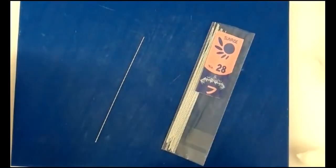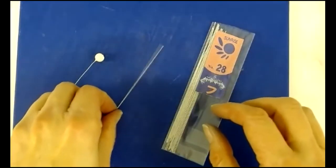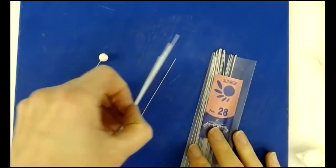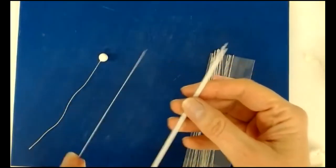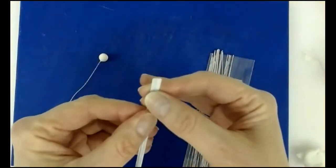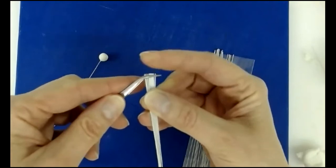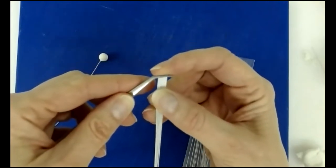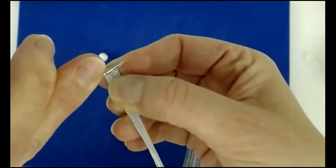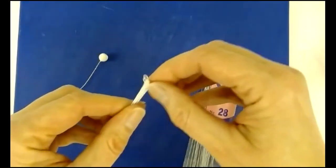So next is making the little snowberries. They're quite cute and actually quite easy to make. So you probably need about 10 per bundle of berries. And I would take a bundle of 28 gauge wires, or 33, and level them all off at the top and use your tweezers just to clamp right up the top here, right up close. And then you can turn all of the wires over, create a hook in all of them